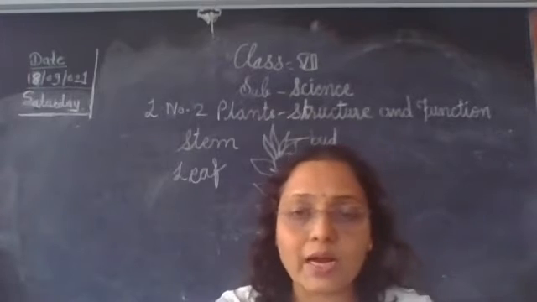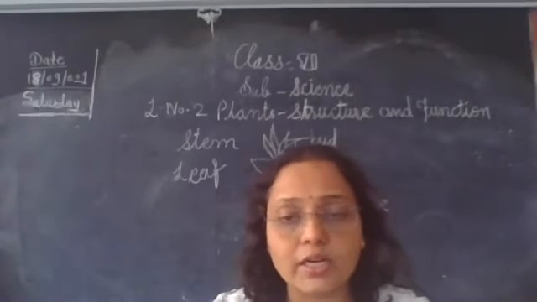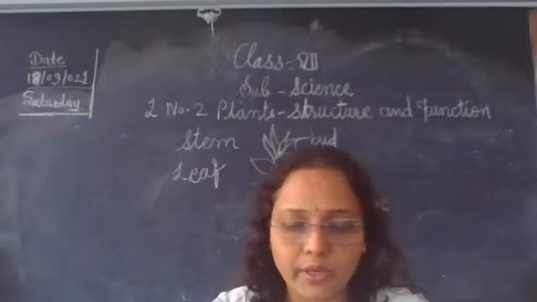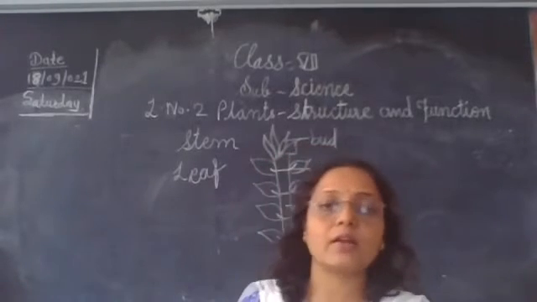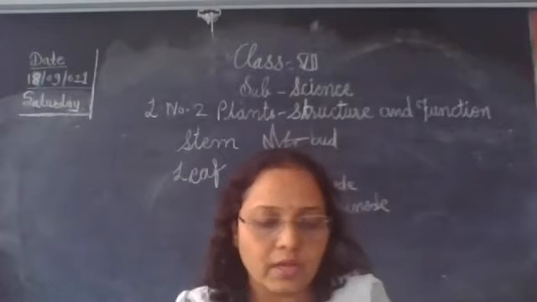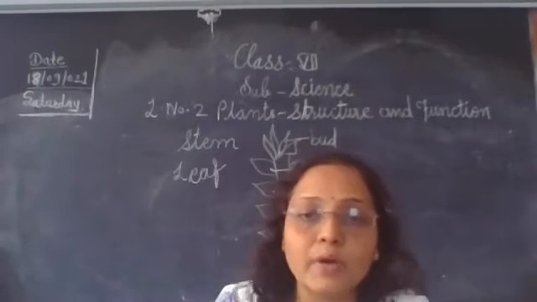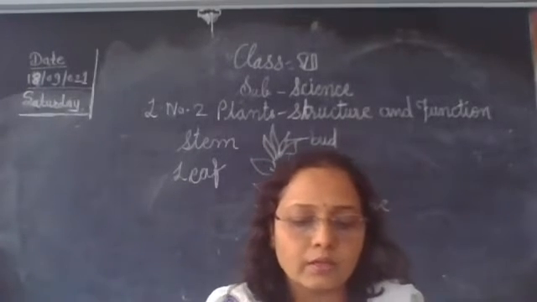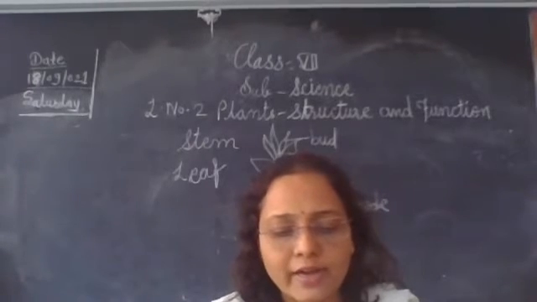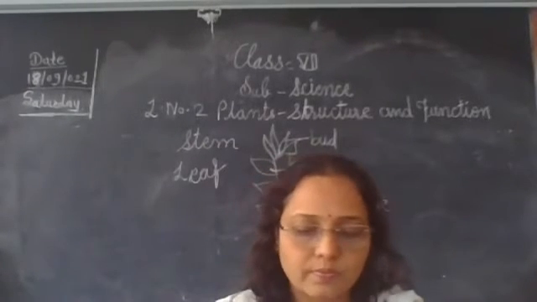There are some plants in which the stem grows underground and stores food. In the potato plant, the potato is an underground stem that stores food, and these are edible stems. Turmeric and ginger are also modified underground stems.